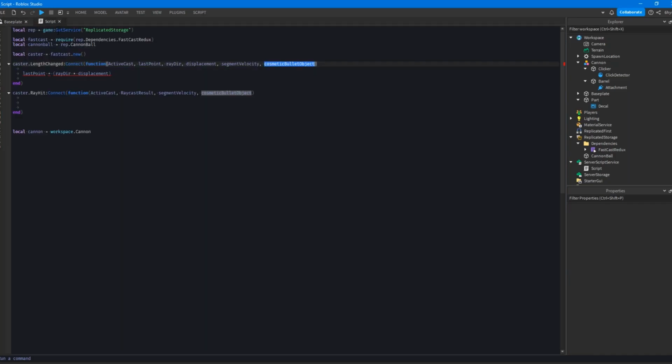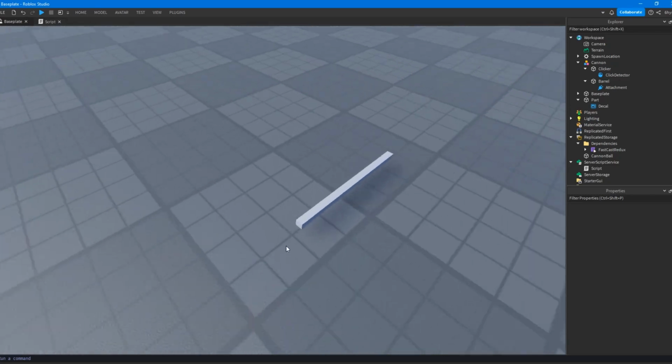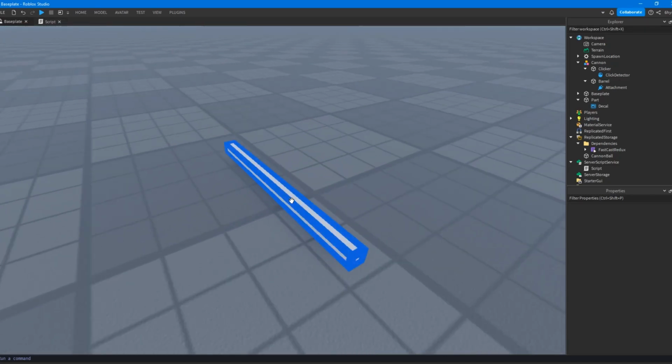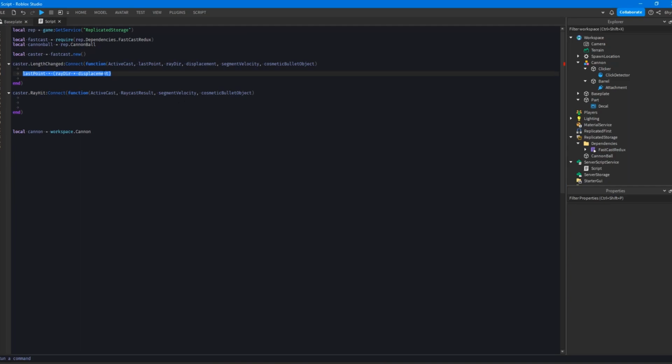What we can do inside of here is offset the CFrame with CFrame.Angles, and we can rotate it so that it's facing frontwards even though this is the front face. You see what I'm saying? So you can position it however you want inside of here, no matter what the projectile is, which gives you a lot more freedom. So it's actually pretty important to have.